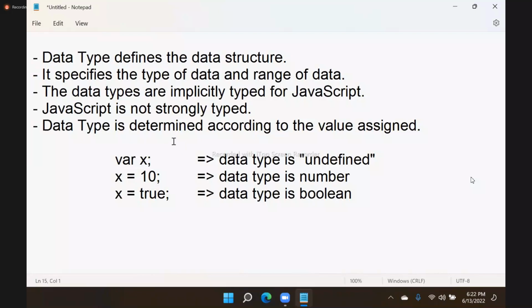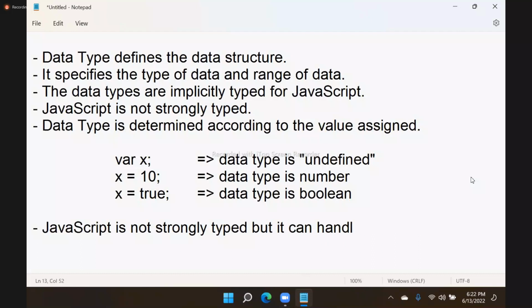So JavaScript is not strongly typed, but when you are dealing with different types of data, you should know what type of data JavaScript can handle. It can handle various data types which are